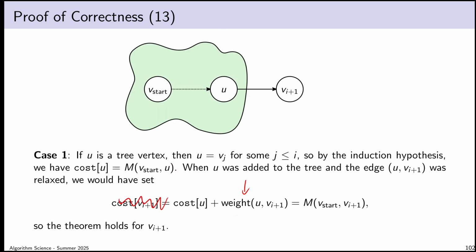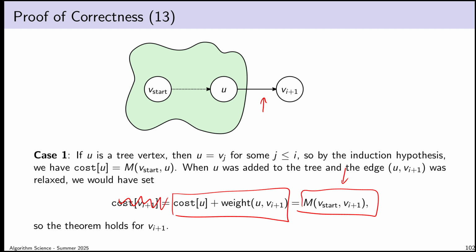So when I relax the edge from u to vi plus 1, I compute this sum, which I know from the previous slide to be equal to the true minimum cost to get to vi plus 1. And therefore, it's reasonable to assume that at the end of that relaxation, the entry in the cost array will equal this, because either the entry in the cost array was already this value, which means we're good, or it was a larger value, in which case we'll set it to be this,